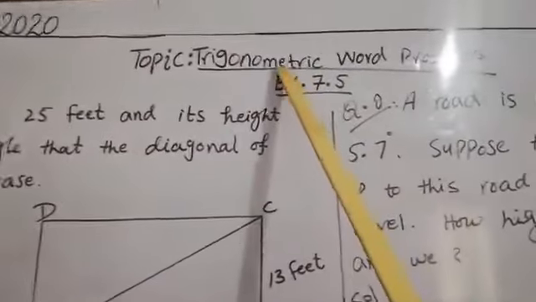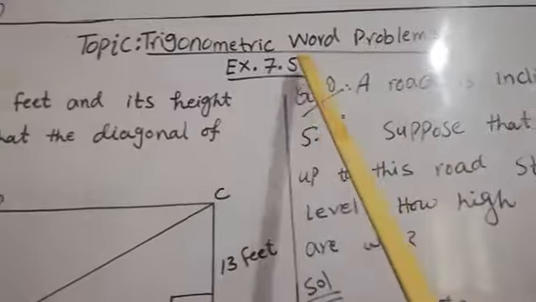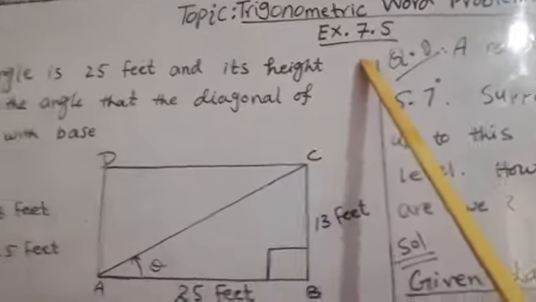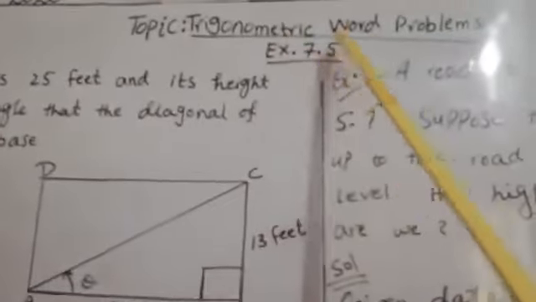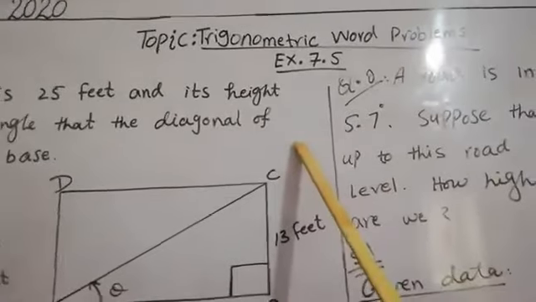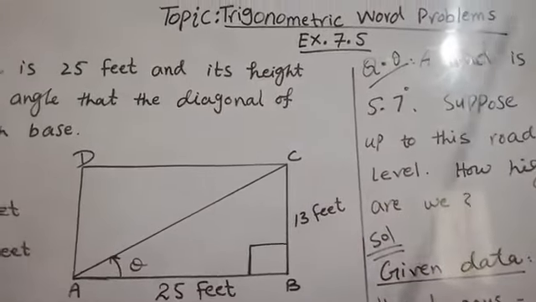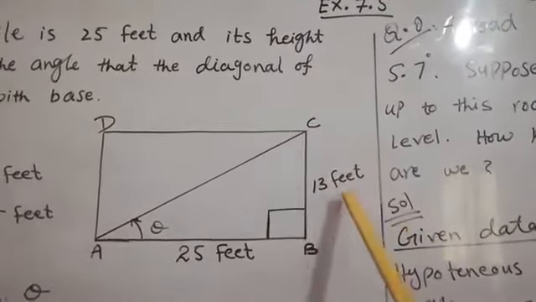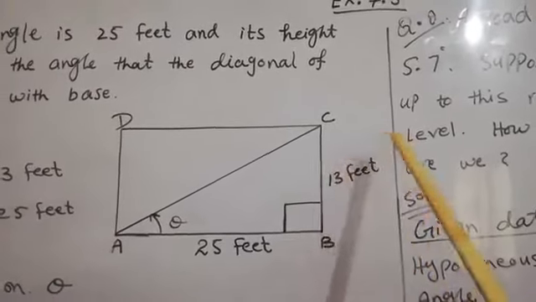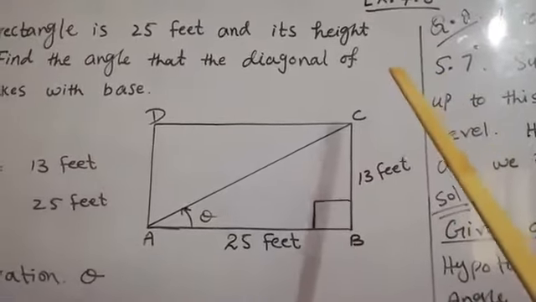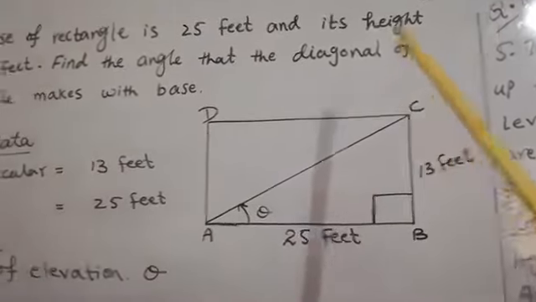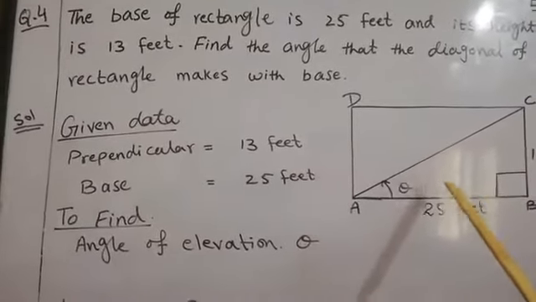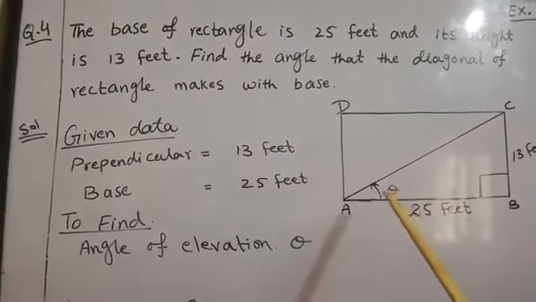Dear 10th class, today we will discuss the trigonometric word problems of exercise 7.5 from the PTP book, Bahawalpur board. According to this, dear students, with the help of trigonometric word problems, we can find the methodology and the procedure to find the height or the angles of objects which are very far away for us, and it is approximately near about impossible for us to find that height. So with the help of trigonometry we can easily find the height and the angles between the objects.